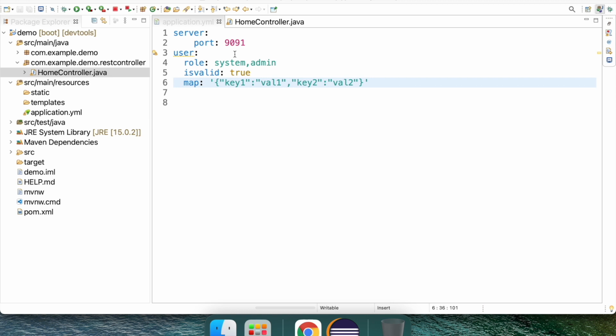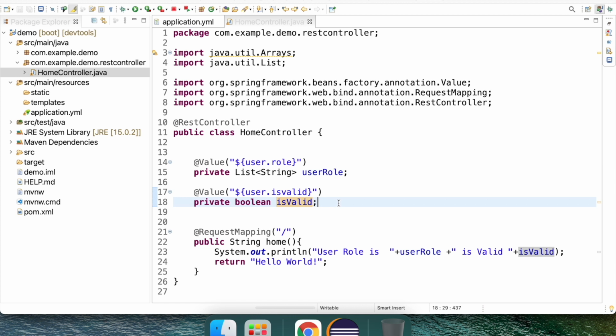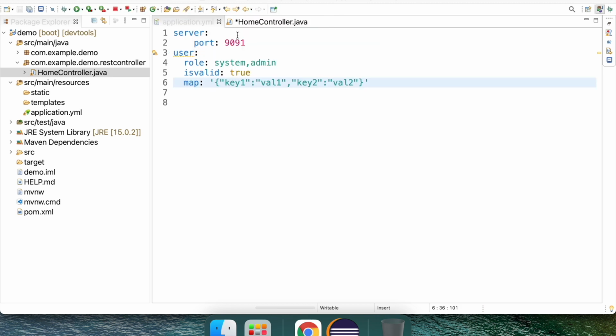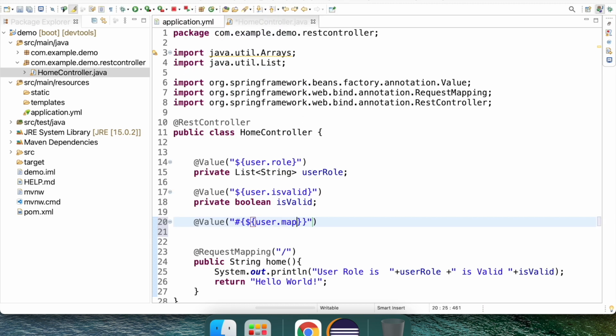So now to access this map, we have to make a little modification to our controller. For the other types, we access with the @Value and the dollar symbol, but in the case of the map, we need to follow a different syntax, like this. We are accessing user.map.